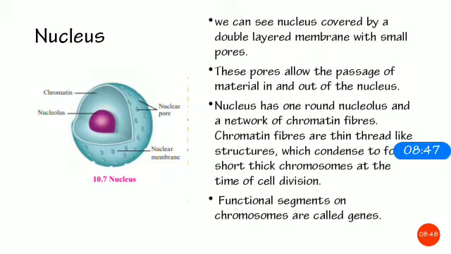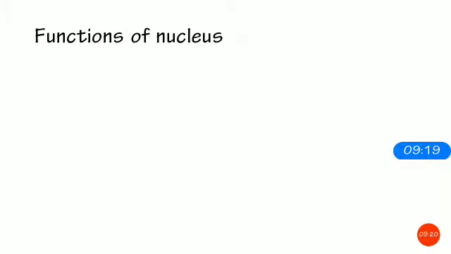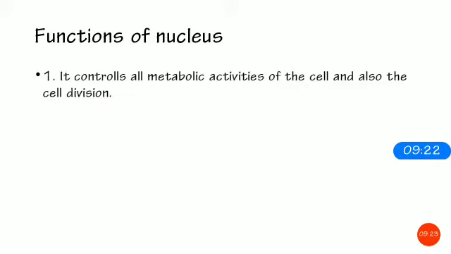and these genes have all the information for your body. For example, how your hair will be, whether it will be silky or curly, or black, or what color it will be. All that information is there in the gene, and that is why the nucleus is very important, because it carries all the information. If any information is missed, that whole part of the body will be affected, isn't it? So the function of the nucleus, number one, is to control all metabolic activities of the